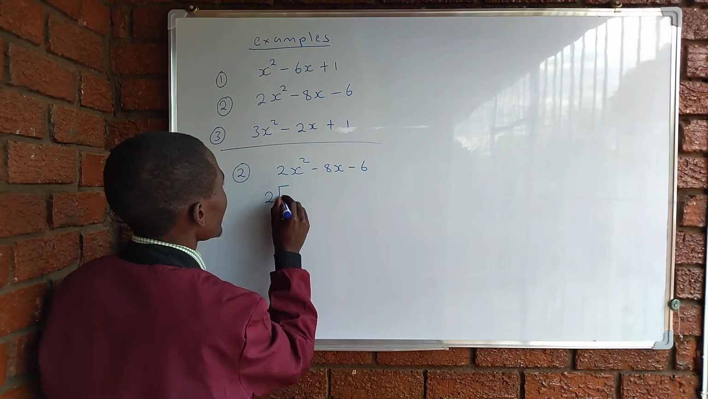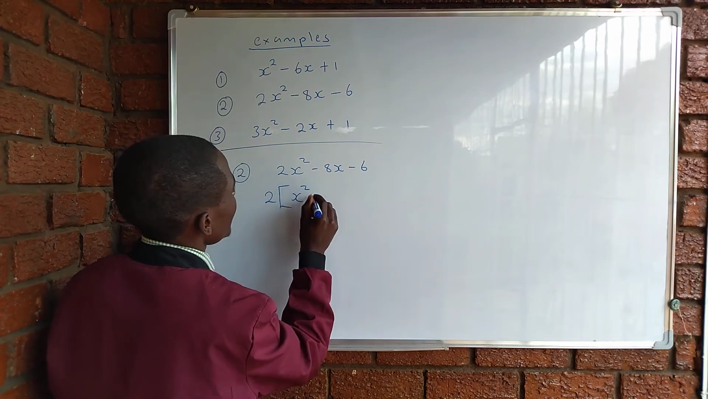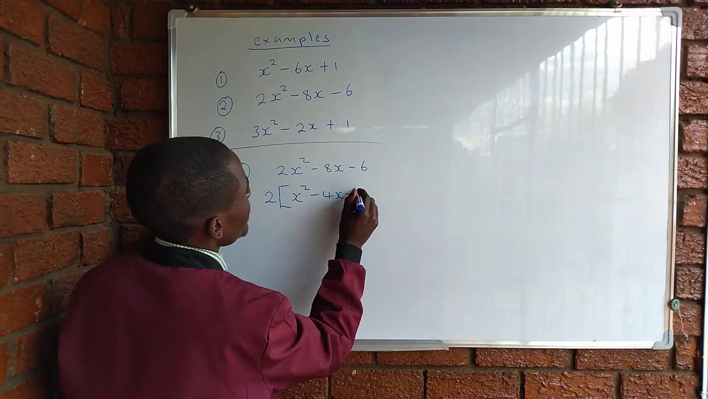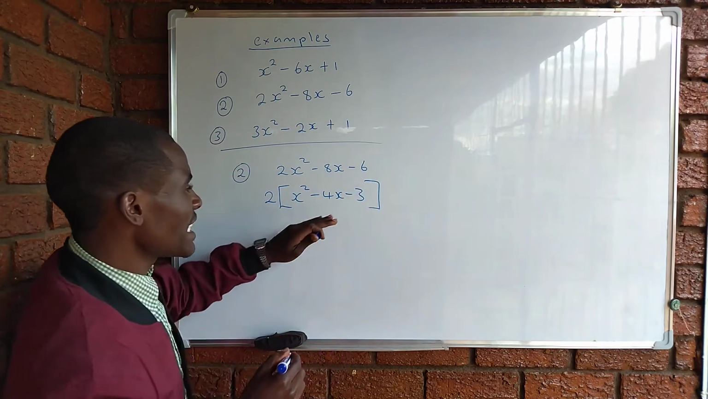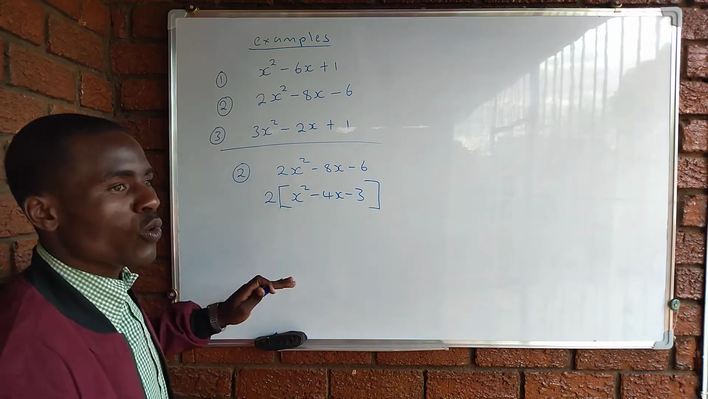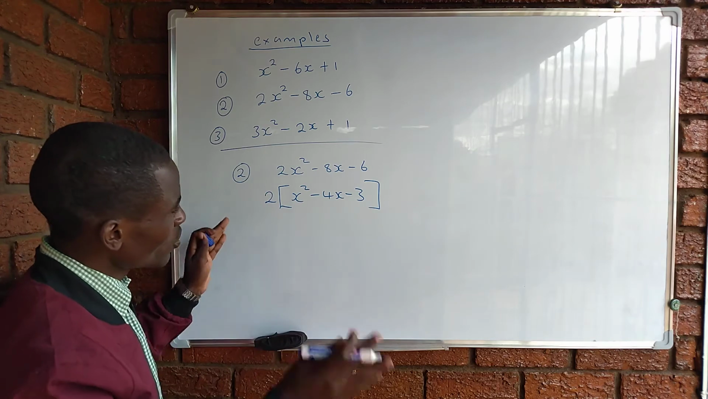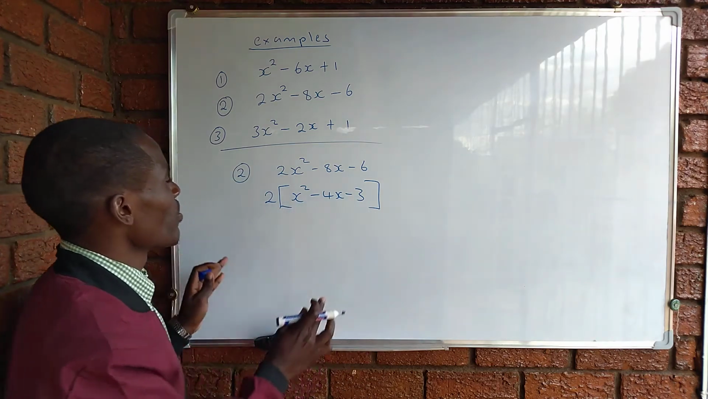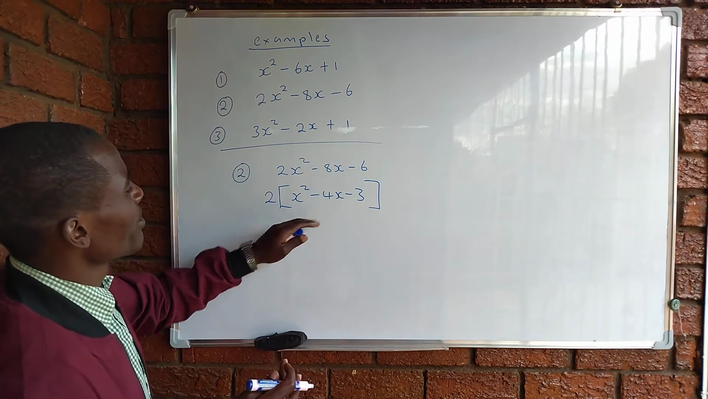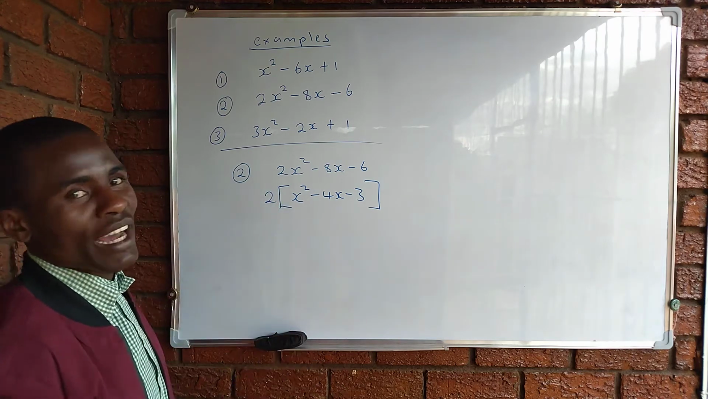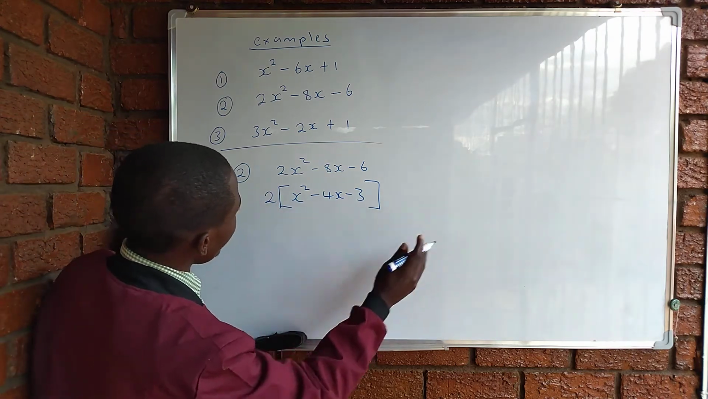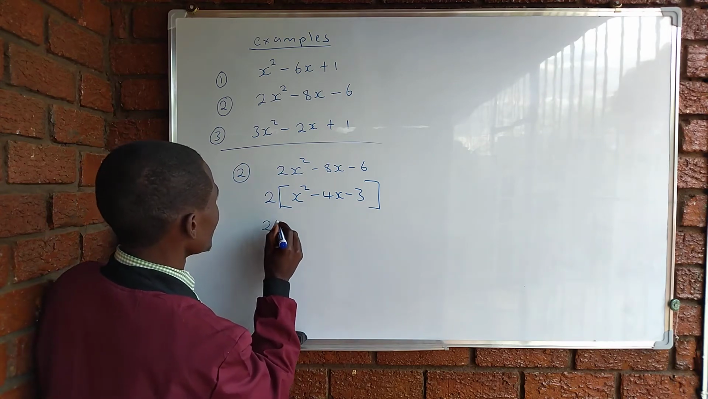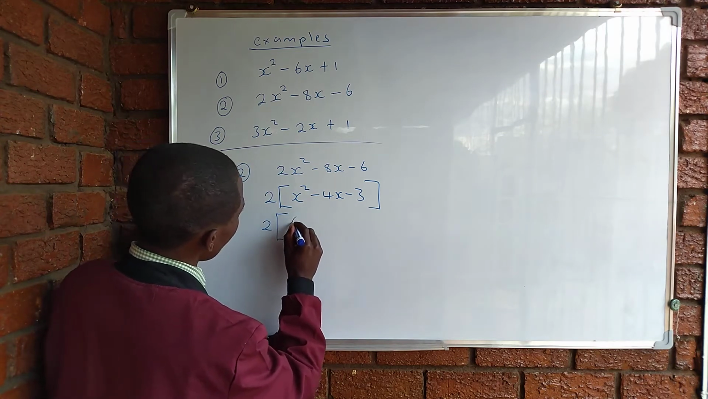2 open bracket x squared minus 4x minus 3. So in the first stage, you just factor out 2 and leave the rest as it is. Then when the maths inside the bracket is ready, you can now complete the square because the coefficient of x squared is 1. So with our method, we take 2 outside, then open a square bracket,